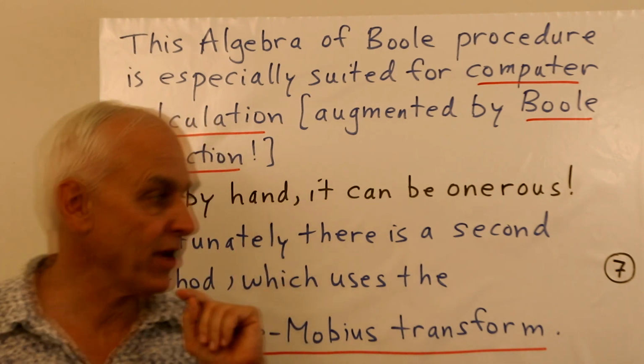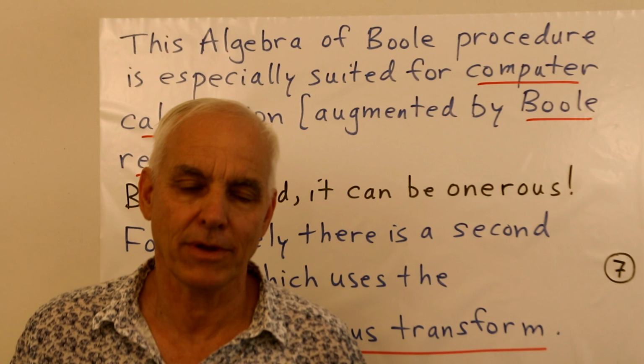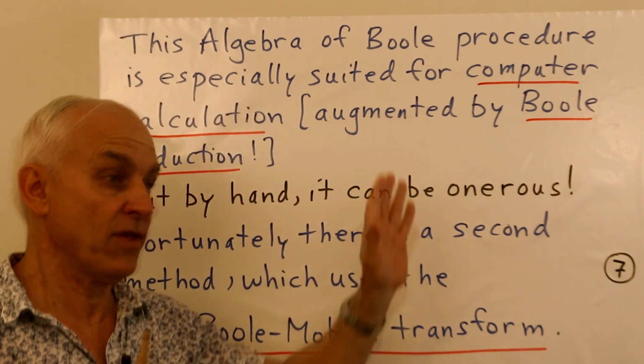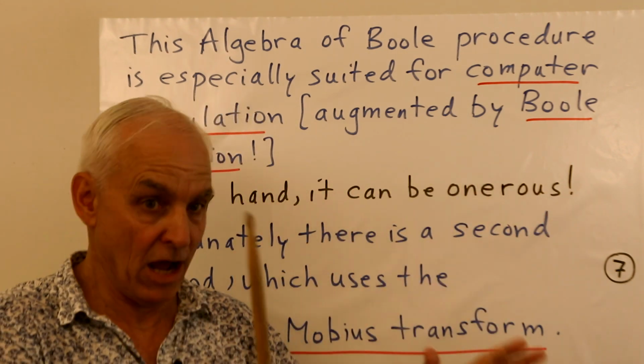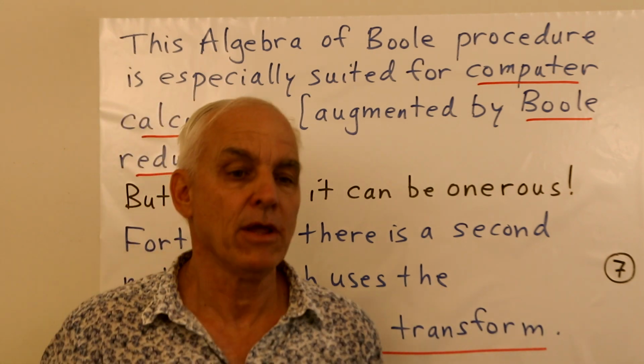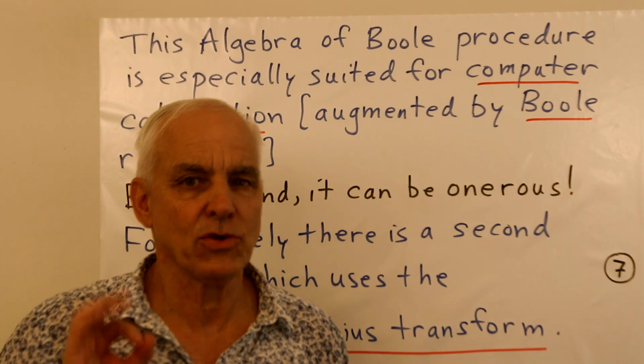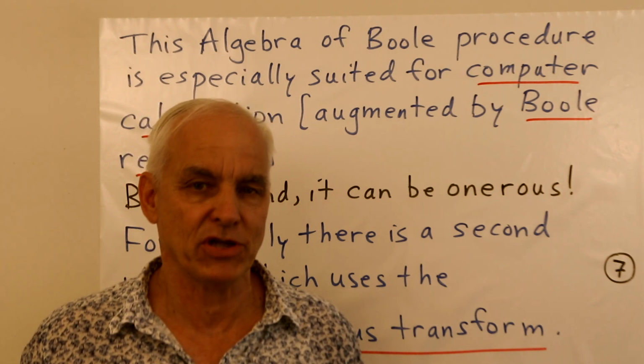So fortunately, there is actually a second method which I'm going to show you. Okay, a second method for solving this fundamental problem. So I've already laid out the primary method now, okay, but I'm going to show you now a second method, which is a little bit clever. That's not so easy to find if you're just doing propositional logic.